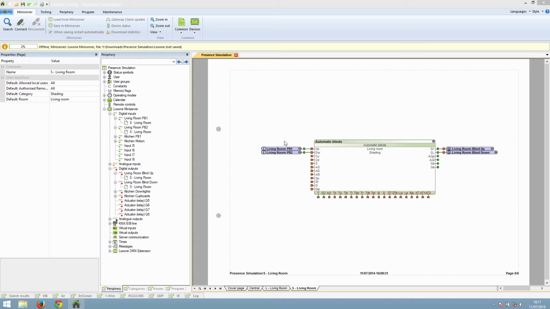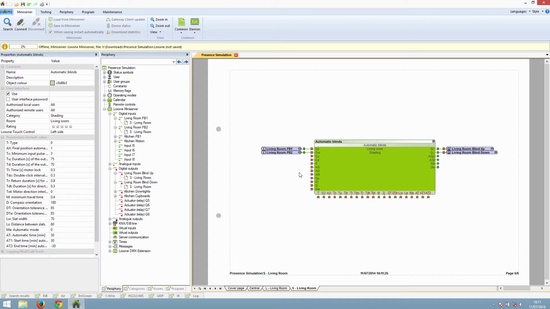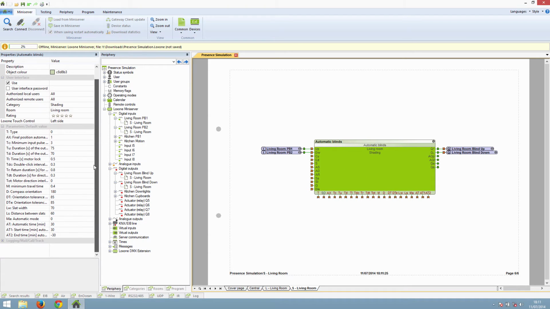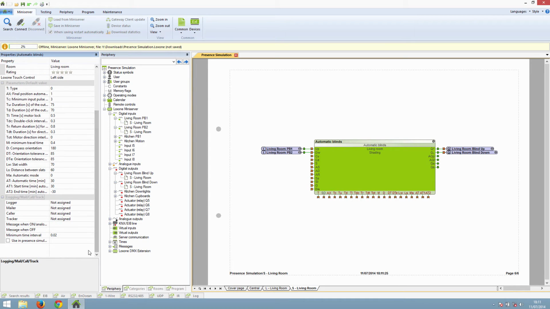To enable the present simulation, click on the block you have chosen to use and look in the properties of the block. In the section that says Logging Mail Call Track, you will see a tick box that says Use in Present Simulation. Once you have ticked this box and saved in the mini-server, the activity will start to be